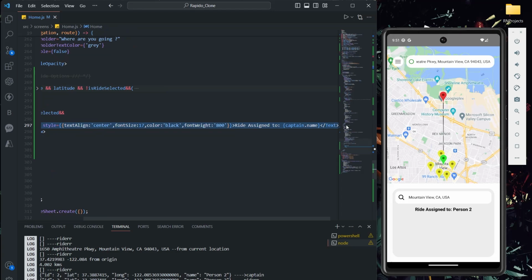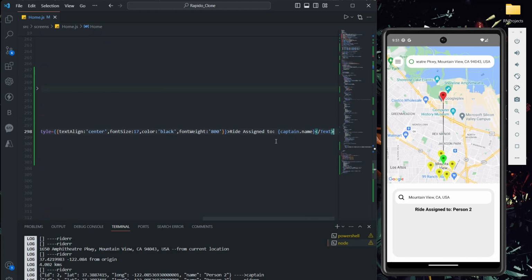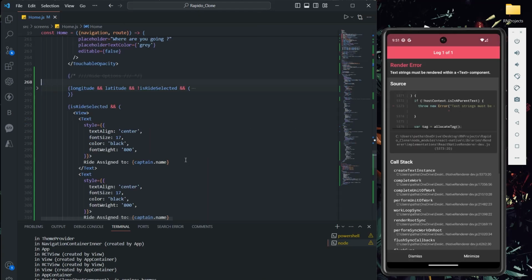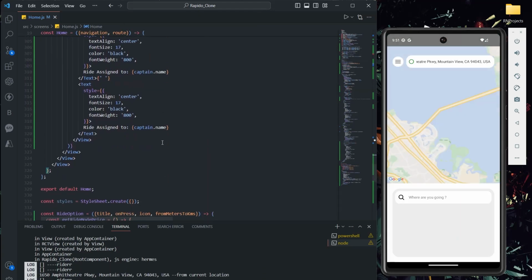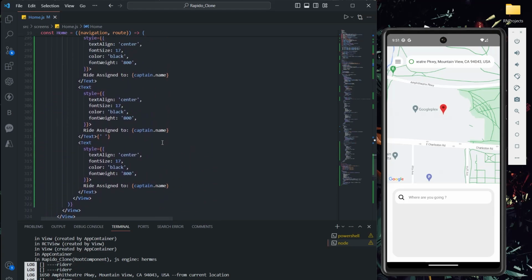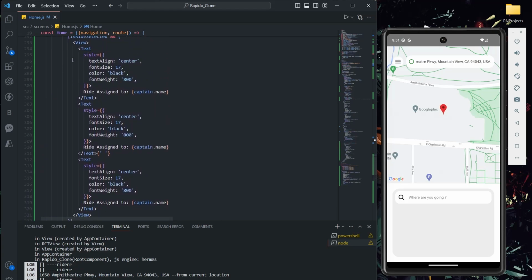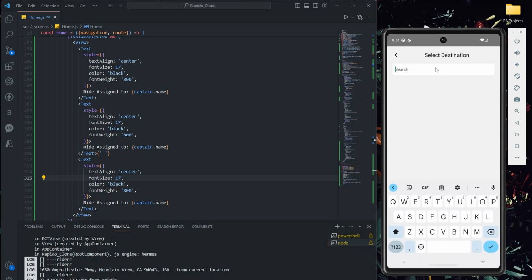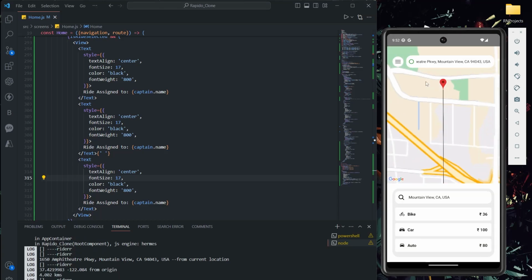Let me copy this same style. Let me paste it. Let me check what's the issue here. Okay, I just pasted it 3 times, text nothing but. Now if you see here, it will show the particular captain name 3 times because we have passed that particular.